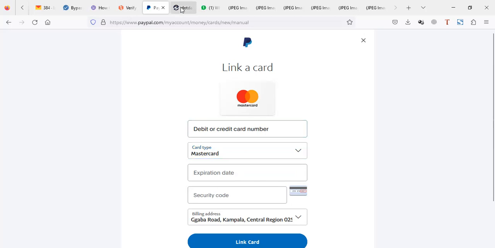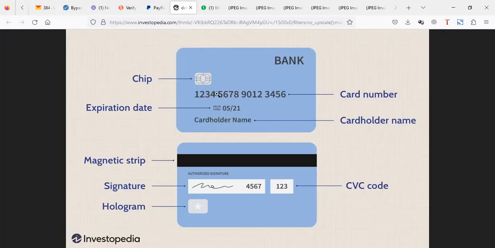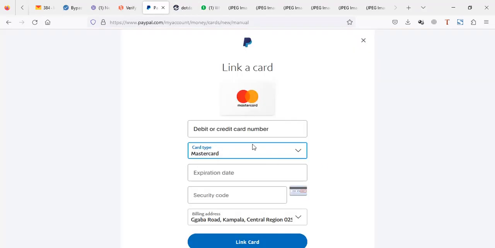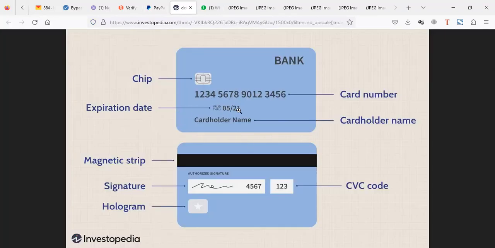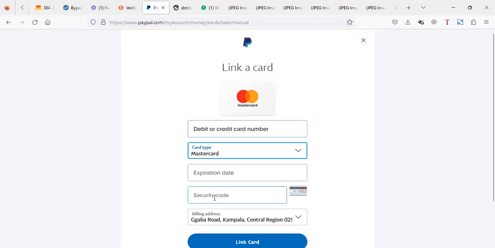So your card number is this. Okay, I'm just using this illustration image to explain what actually a card number is. Your card number is these long numbers. It's not your account number, because some cards actually have an account number below, but your card numbers are those long numbers there, okay? I think they're usually more than 10 digits, but those are your card numbers. So you pick your card number, then you put it here. Then the expiry date is this. The expiration date usually starts with a month and a year, okay? And then the security code